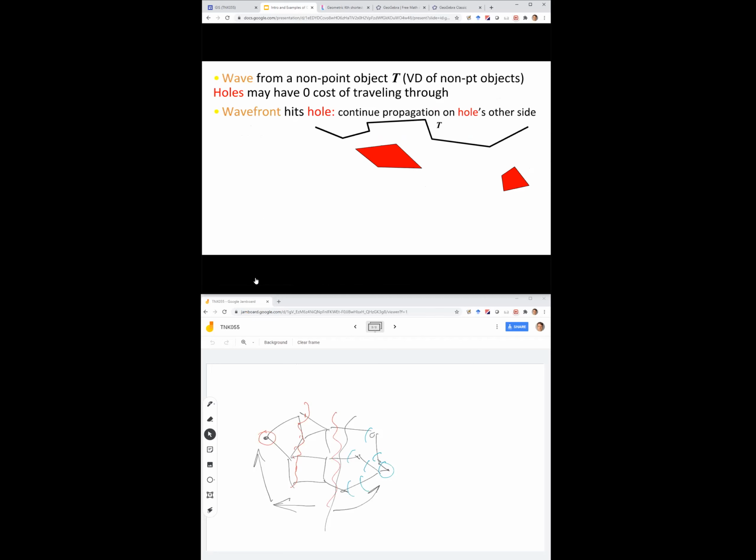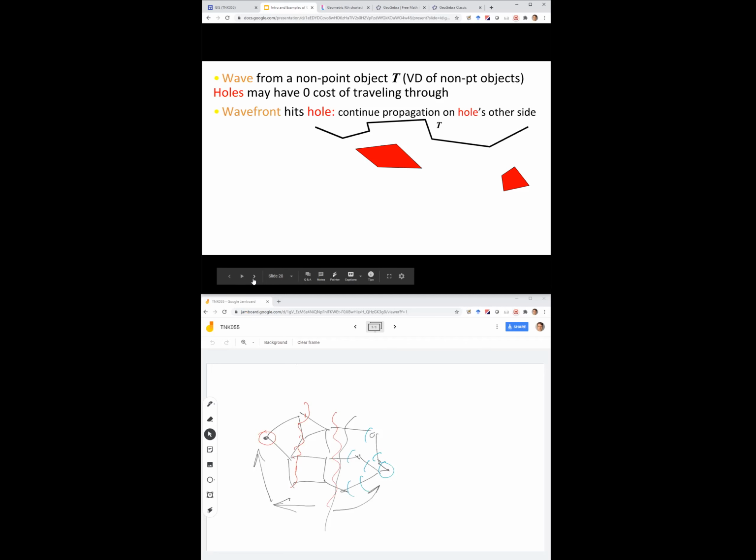You can have various starting points, quote unquote. The starting things, the sites, don't have to be points. So in particular, in this animation that I did, you have this line called T, and that's the whole line from which you will do the wave propagation. And in this example, the holes, actually they are not obstacles for the fire. On the contrary, they are built of highly flammable material. So whenever the grass fire reaches the hole's other side, it is immediately ignited.